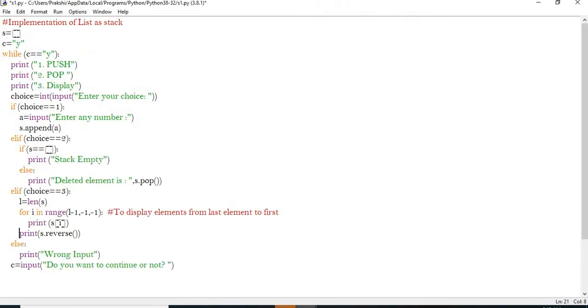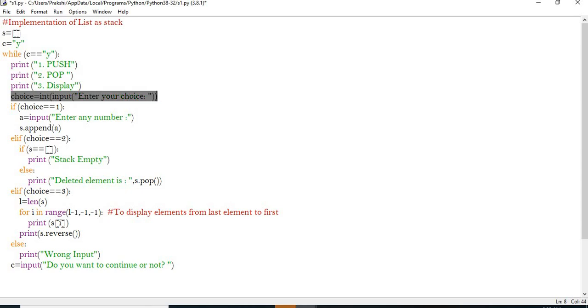Now in this program we are going to perform push and pop operations. So implementing list as a stack, s equal to empty list, c equal to y. Now while c equal to small y, print 1 for push operation, 2 for pop operation, and 3 for display operation. Now here we are taking the choice of the user.